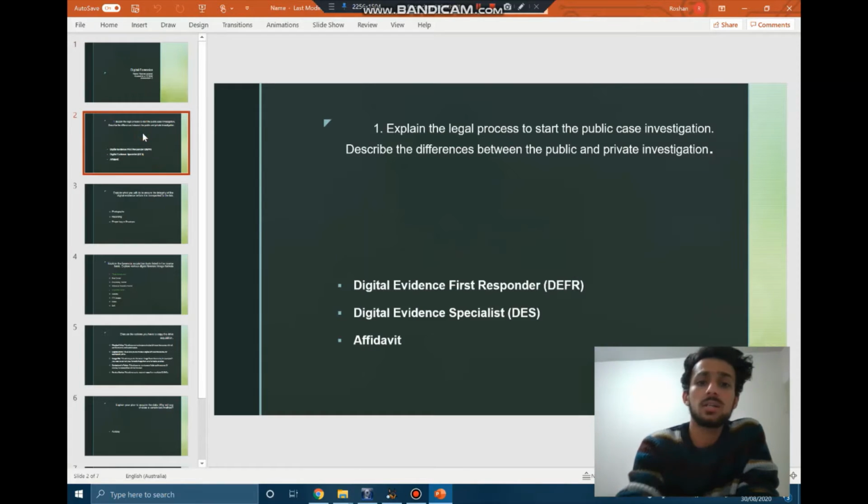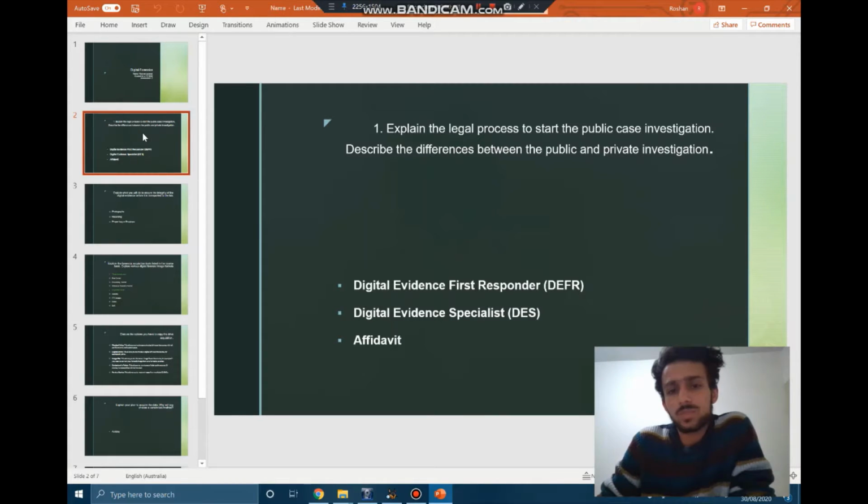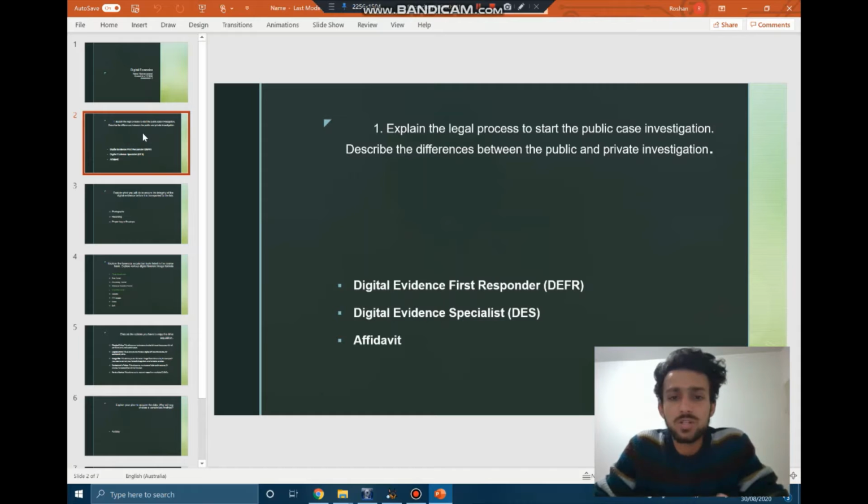So let's get started. Here we can see the first question: explain the legal process to start a public case investigation and describe the difference between public and private investigation. Basically, a criminal investigation usually begins when someone finds evidence or witnesses a crime, and after that a witness or a victim makes an allegation to the police. After that police will